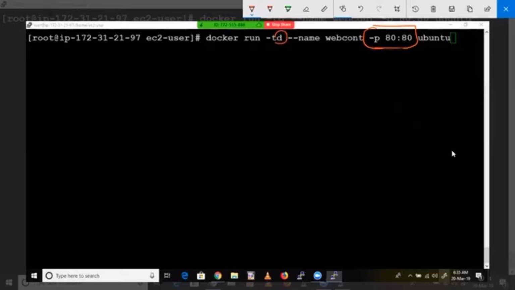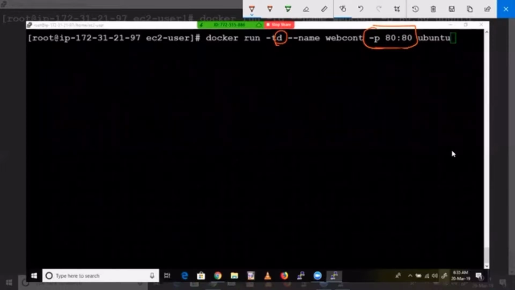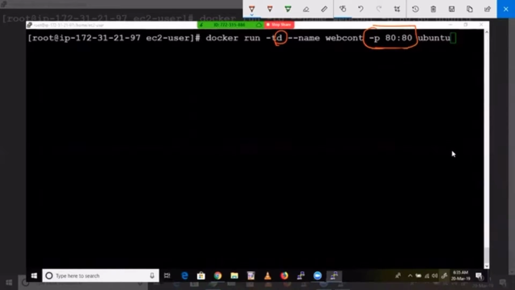D means daemonized container, instead of I. If you give I, you will be inside the container. Without going inside the container, when you want to create and run a container, that time we give D. Earlier someone asked, Sai, how to create a container without going inside the container? This is how we do it.